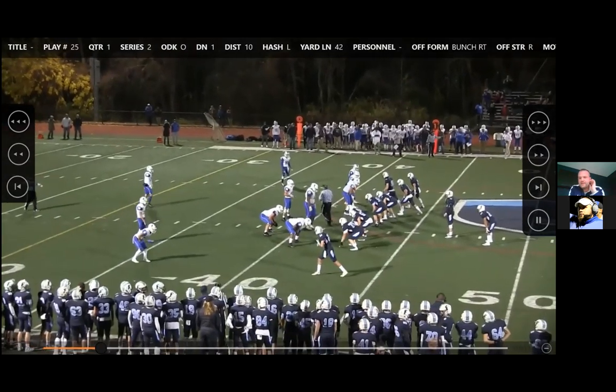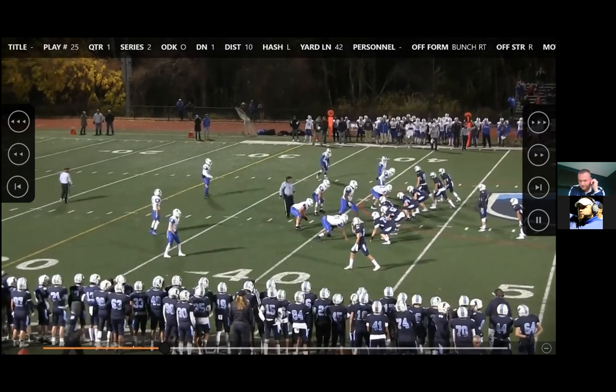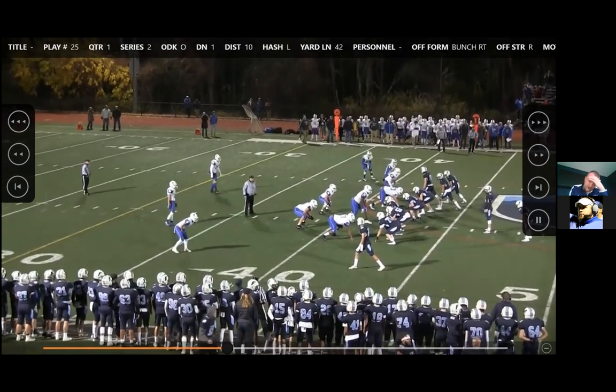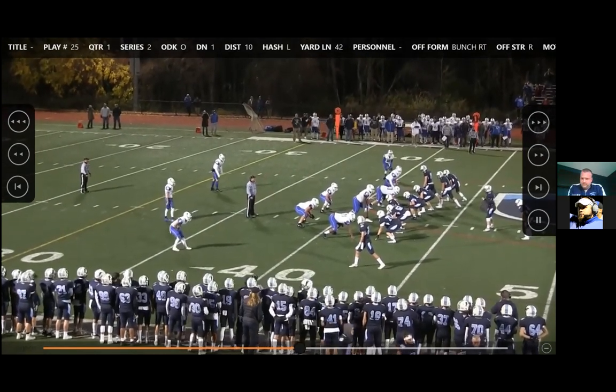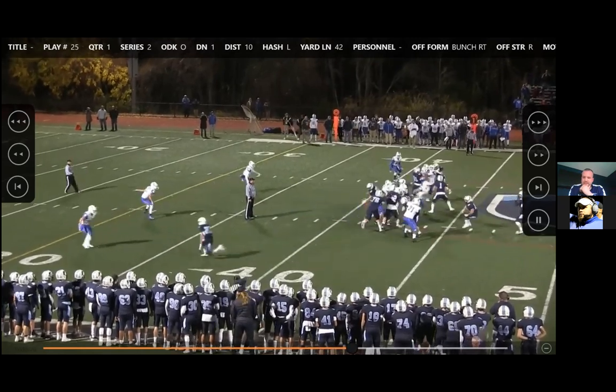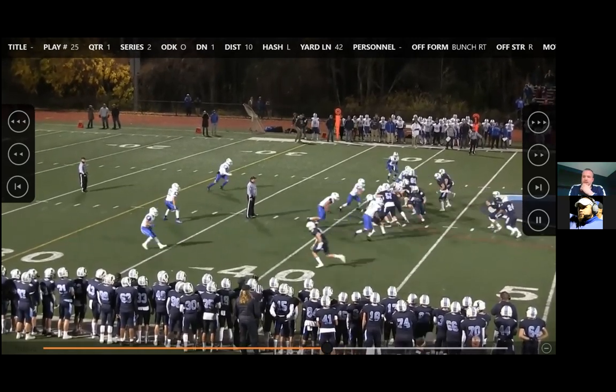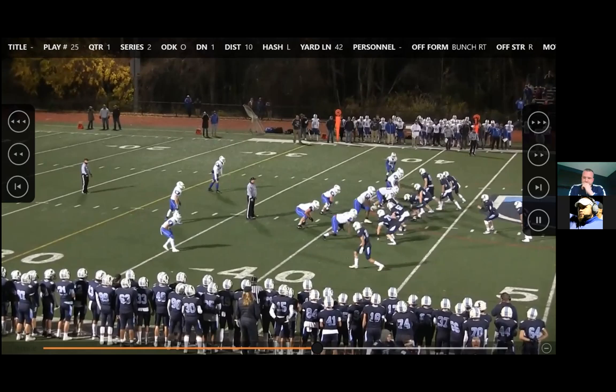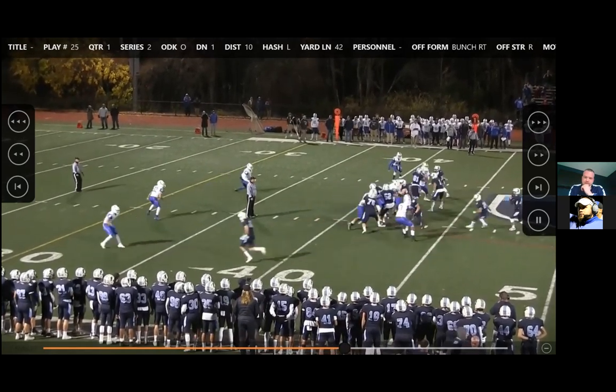And then lastly, we have the individual route. So you see down at the bottom, this is just the 4-step roll it out. Again, he's not reading second level. He's not doing anything. This is a gap run. So you see our right guard pulls to kick the end. So that's why we're not locking here. And it's just once you pull it, he's just going to take 1-step footwork, ball out.